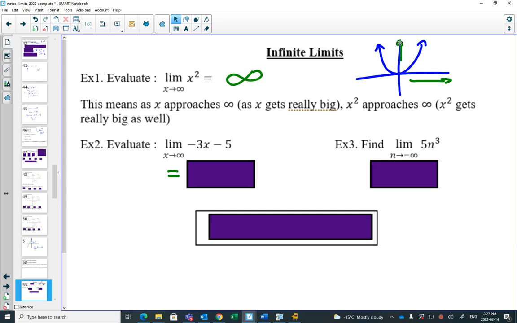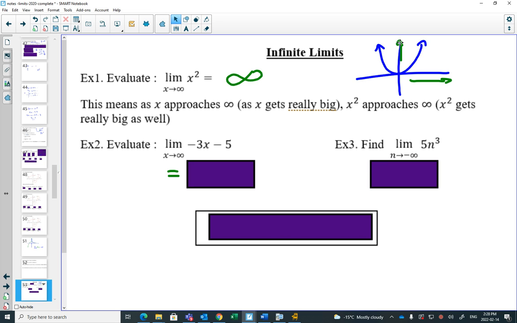Now, depending on the textbook, and I think your textbook might be one of the ones that says, hey, wait a minute, infinity is not a number. So some textbooks will say the limit as x goes to infinity of x squared does not exist, okay? But we're going to want to be a little bit more specific. So we'll be writing answers like if it goes to positive infinity, we'll write positive infinity. If it goes down forever, we'll write negative infinity, because it gives us more of a sense of what's happening.